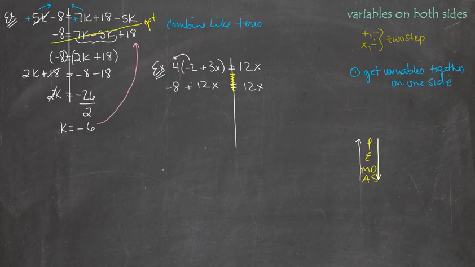This is a positive 12x, so I'm going to subtract 12x from both sides, which makes that one disappear. And then I'm left with negative 8 equals 12x take away 12x, which is 0. Hey, wait a minute. That's crazy. What happened? Sometimes you get these funky answers like this, and when your variable disappears and you get something that is obviously crazy town,